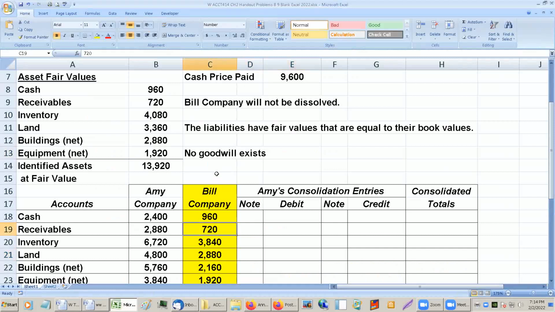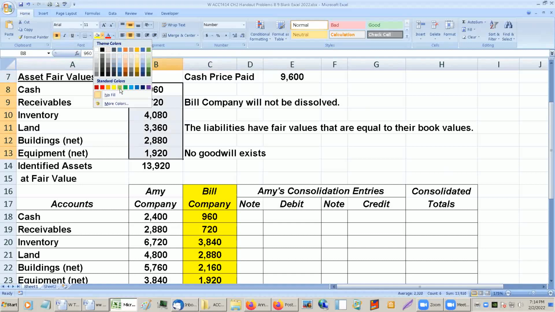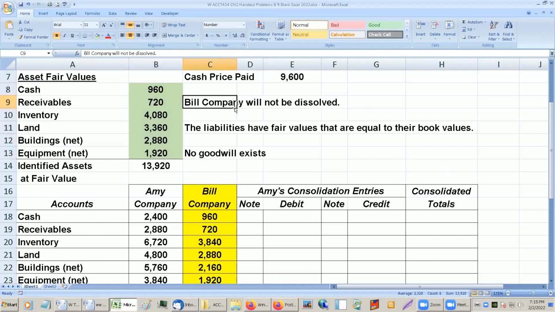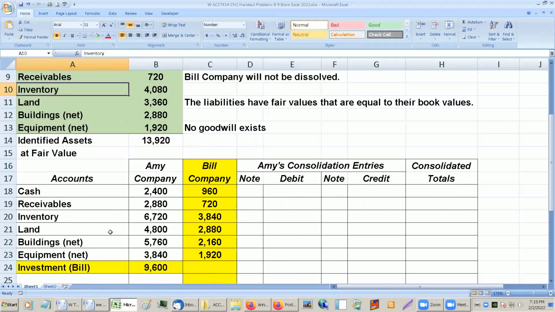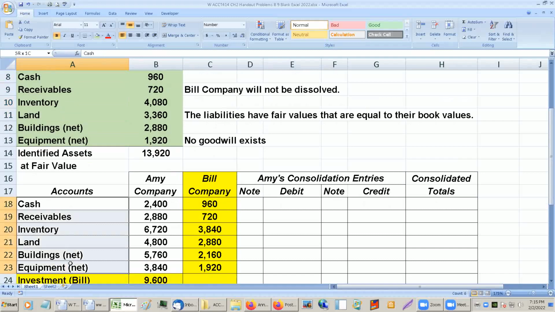So when we look at the book, so these are assets at fair value. And we compare them to